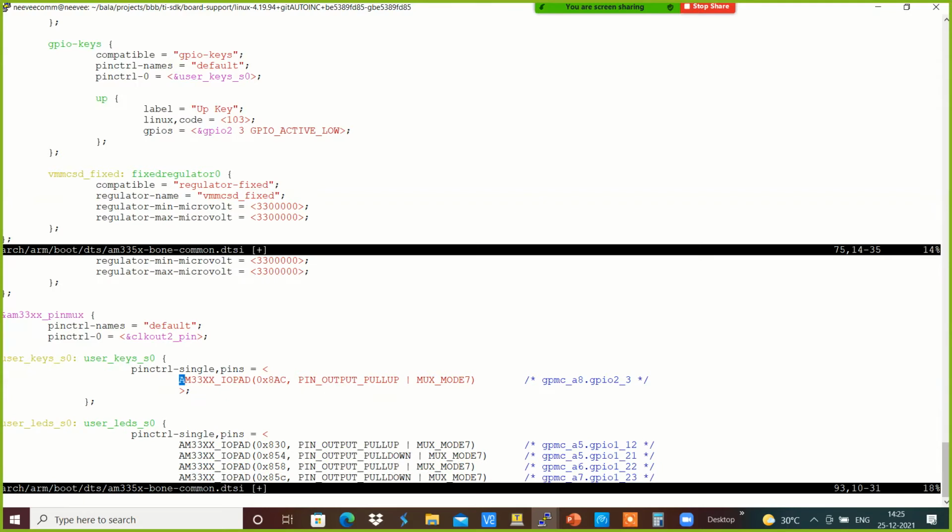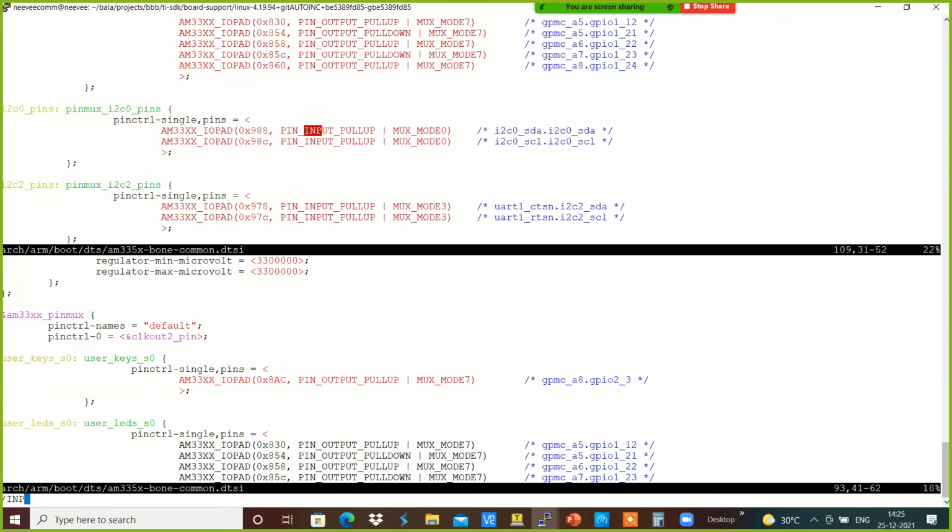It is not a pin output, it will be pin input mode, pin input pull up, that will be configured over here. The GPIO is mux mode 7 that we are configuring for this accordingly.